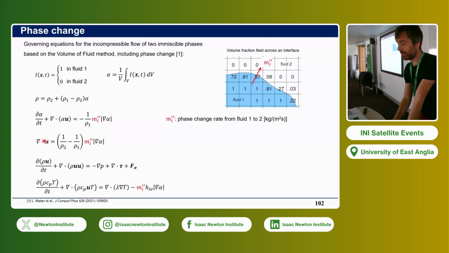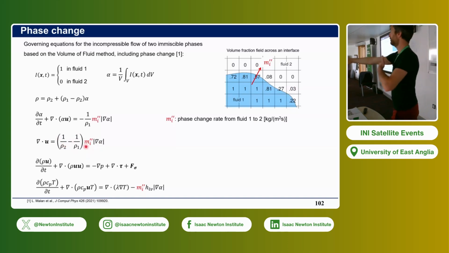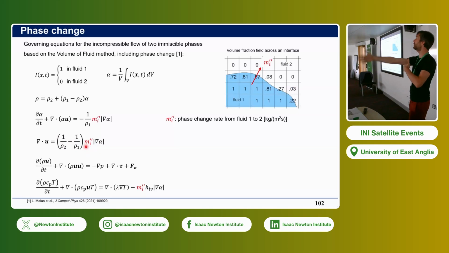Continuity equation: without phase change, the right-hand side would be equal to 0. With phase change, it is different from 0. So you have an acceleration of the fluid when, for example, liquid turns into vapor, you must have an acceleration of the flow. This is brought in by the right-hand side. Imagine that